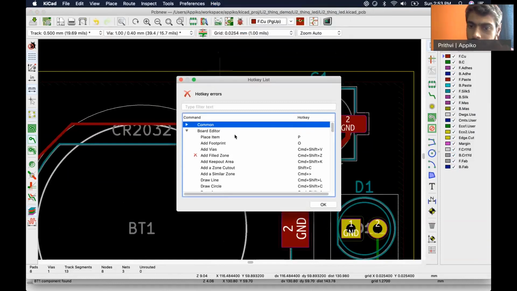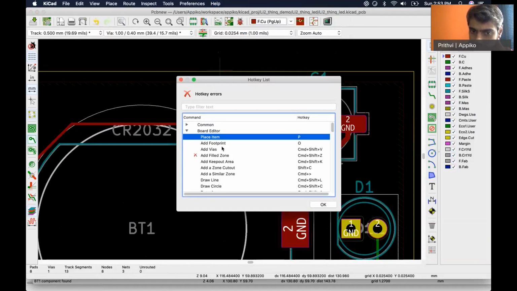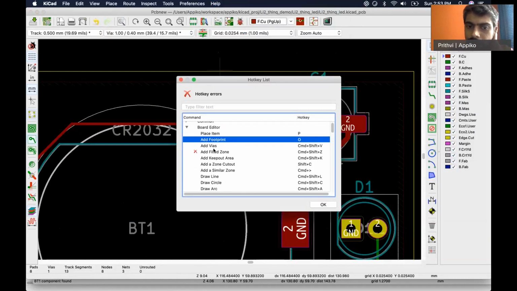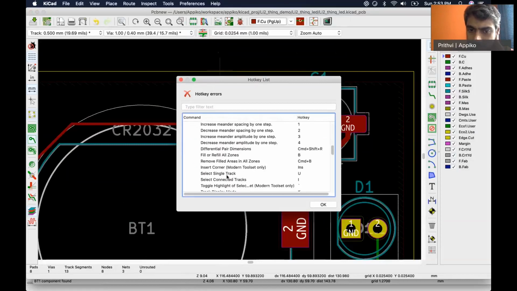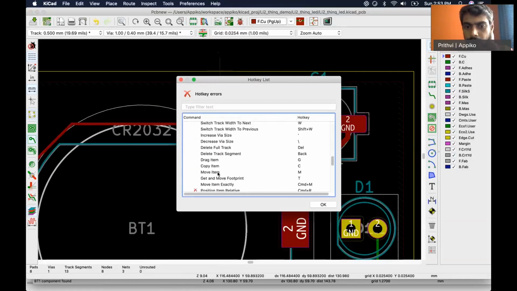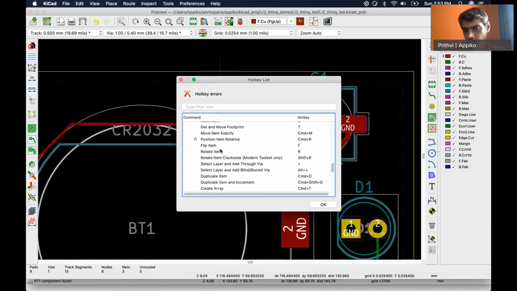The shortcuts that we usually need are the board editor shortcuts, like P for place an item, O for add a footprint, adding vias, adding zones, insert a single track, move an item, copy an item. So these are the shortcuts that you can follow. Usually your right hand, or whichever is your dominant hand, is using the mouse, and the other hand is on the keyboard when you're doing PCB design.